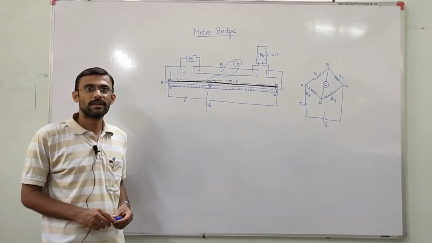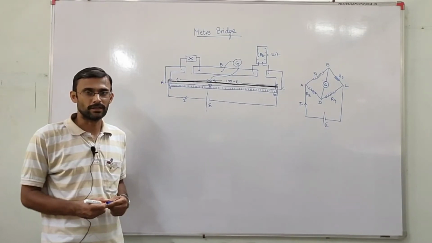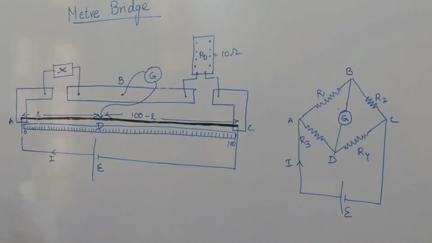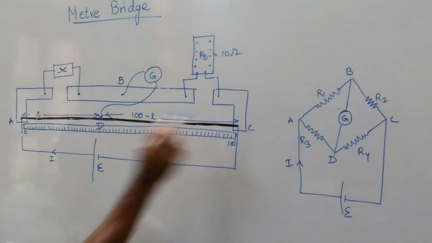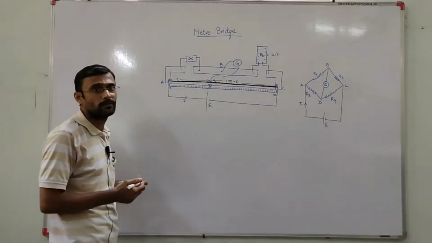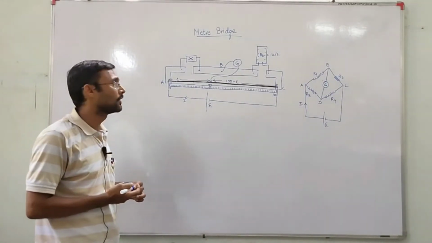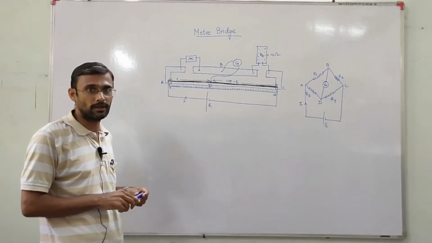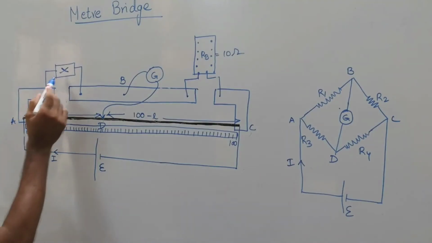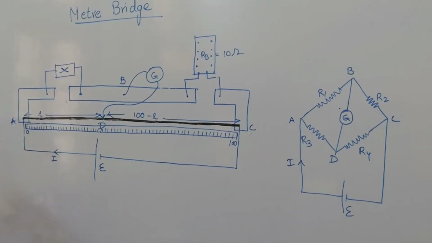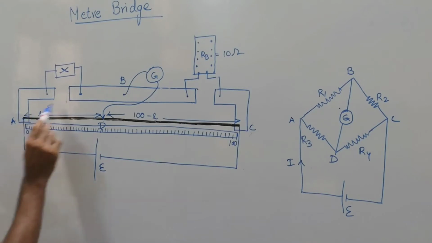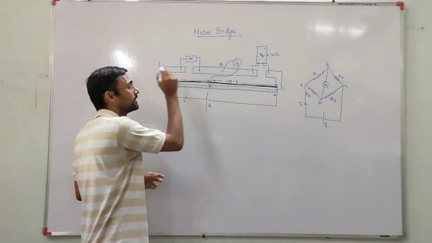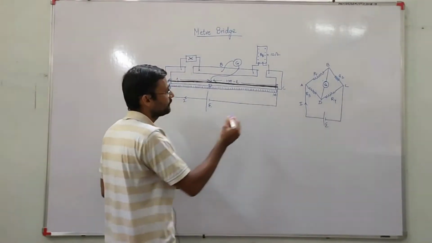Let us now understand the application of the Wheatstone bridge network circuit. This is the circuit diagram of a meter bridge, which consists of a metal strip. This metal strip is usually made up of copper or brass, as they are good conductors of electricity, so that you can get proper electrical contacts. There is an X, which is the resistance box connected between the two terminals A and B. We want to find out the value of this resistance using the Wheatstone bridge principle.